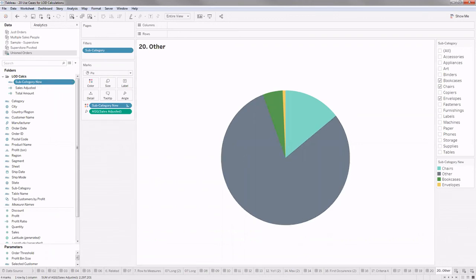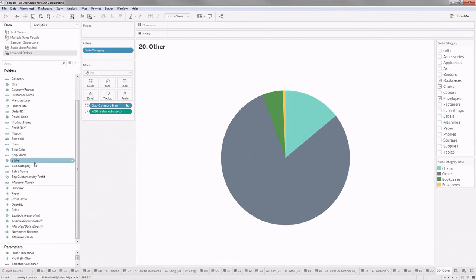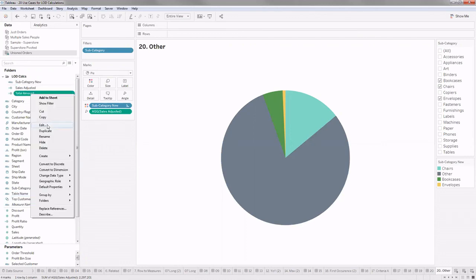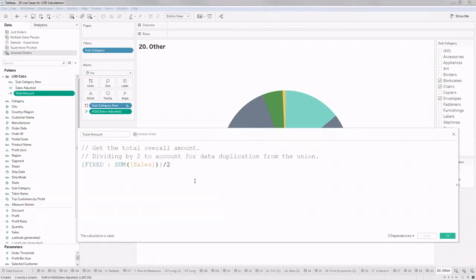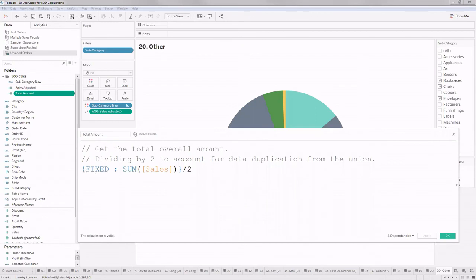Now after that, what I need to do here is get the total sum of sales. Whenever we union same data sources, it's important for us to be a little careful here in getting the sum of sales. I know I need to perform it at an overall level. Overall, give me sum of sales, and I'm dividing by 2 because I just duplicated the same data source again. So I divide by 2 to give me the right number.